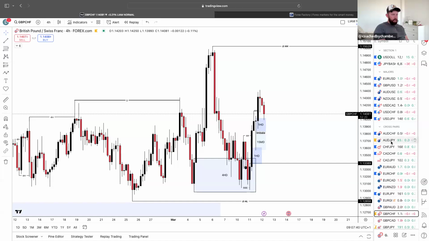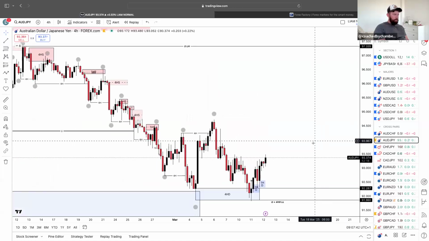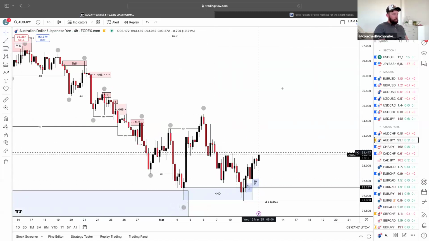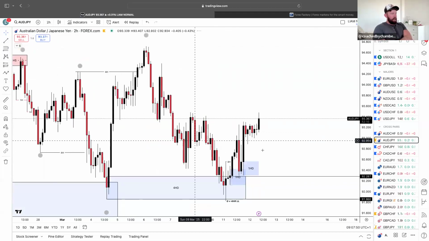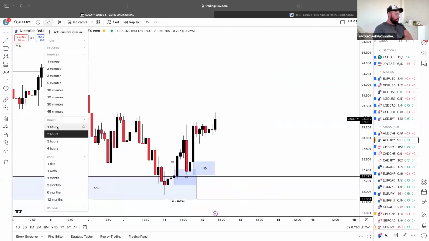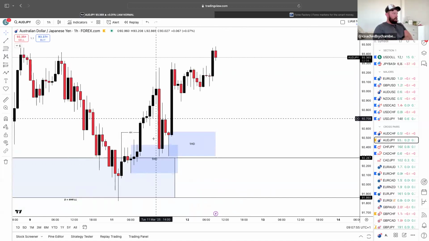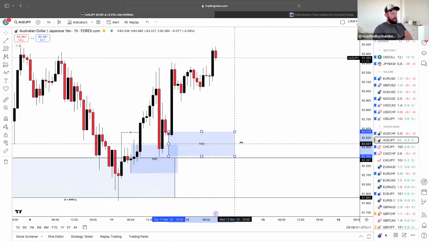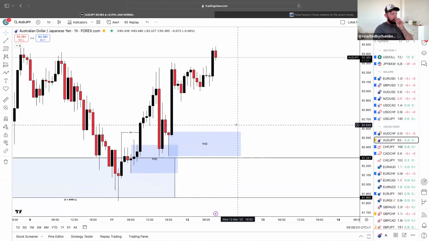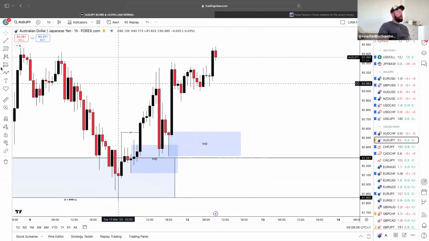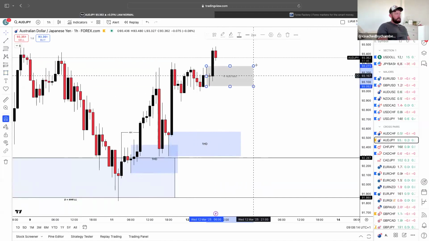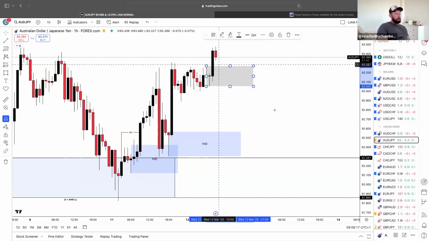Let's flip through. I think we got AUD Japanese yen, which, as we talked about yesterday, we took this low from the demand area, and now we're moving away from here. If I cut this in half and drop down to the 1-hour, you'll notice that we had this change of trend, and then we had this mitigation happen here, moved away again. I wanted the market to retrace into this demand area, which we've not currently got as we speak. We're just bullish right now. So either we could retrace to this area to fill in this imbalance, or we could simply carry on from this level of demand area.